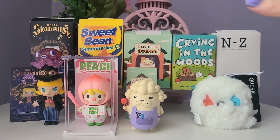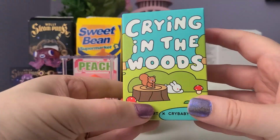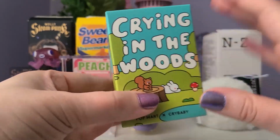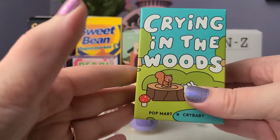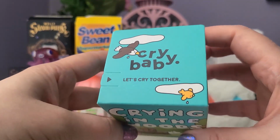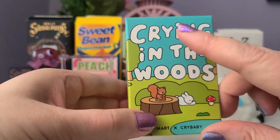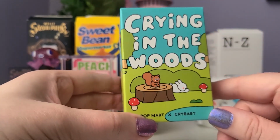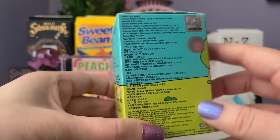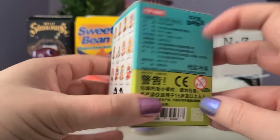So you might have to watch the Treasure Trove episode to get a full idea of what I think about Supermarket 2. But this is the one that I think is the worst out of the bunch, or at least I'm anticipating I'm not gonna like it. So this is from Crybaby, says let's cry together, and the series is called Crying in the Woods. I know a lot of people absolutely love this artist. They make bigger figures and they make other figures outside of the PopMart one, and the idea is basically that